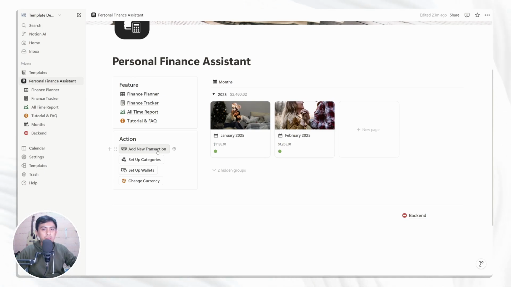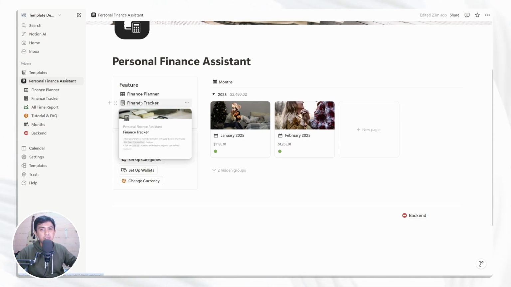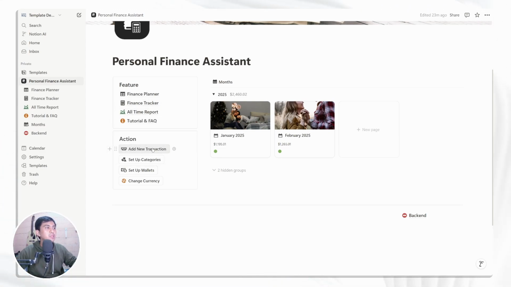Another part that I want to mention is the design of the homepage. Whenever you open this Notion template in mobile view, the features and the buttons are the ones that come up first. This homepage is really creatively designed so that if you open it in mobile view, the most convenient buttons and features are the first thing that you will see. So it's well designed.